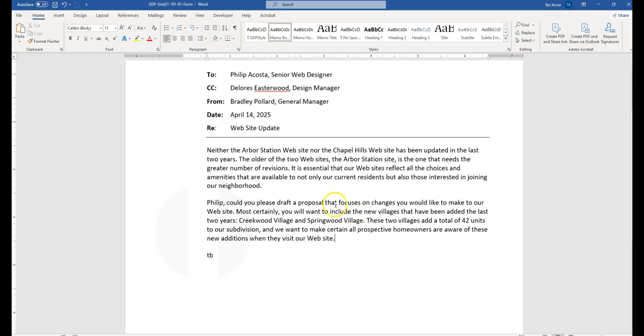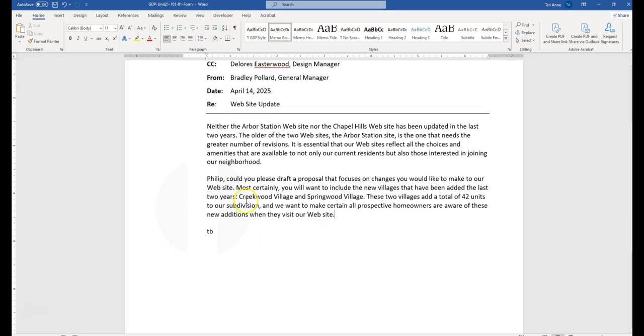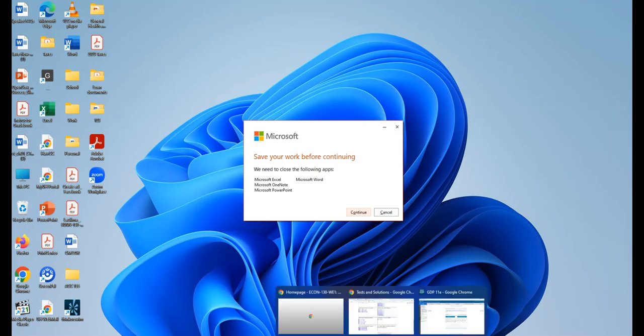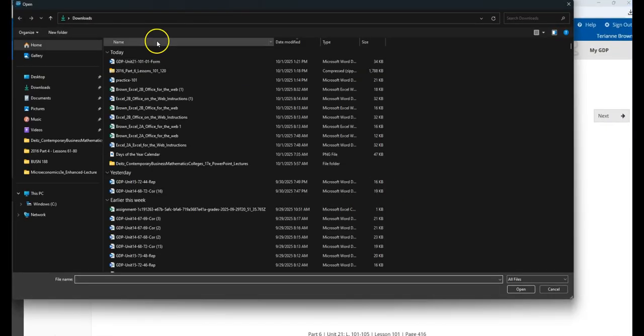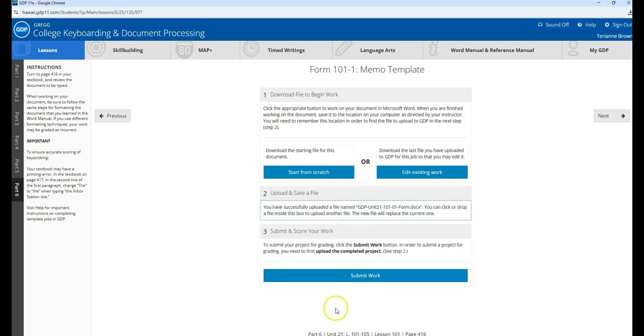Here you can see that I've typed out my letter. Notice that I did double space between my paragraphs. Then I have my own reference initials in lowercase. When I save this and upload it, I do want to show you the error that might appear, just so that you don't get worried that you might have done something wrong. So when I upload this and submit it,